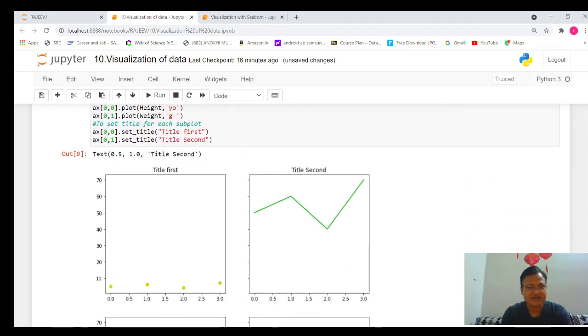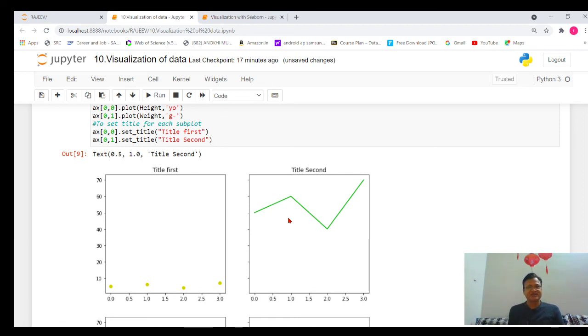Now you can easily see which value is more and which is less. If you want to do a comparative study, you need to be careful that the values on all the subplots should be the same. I hope that part is clear to all of you.